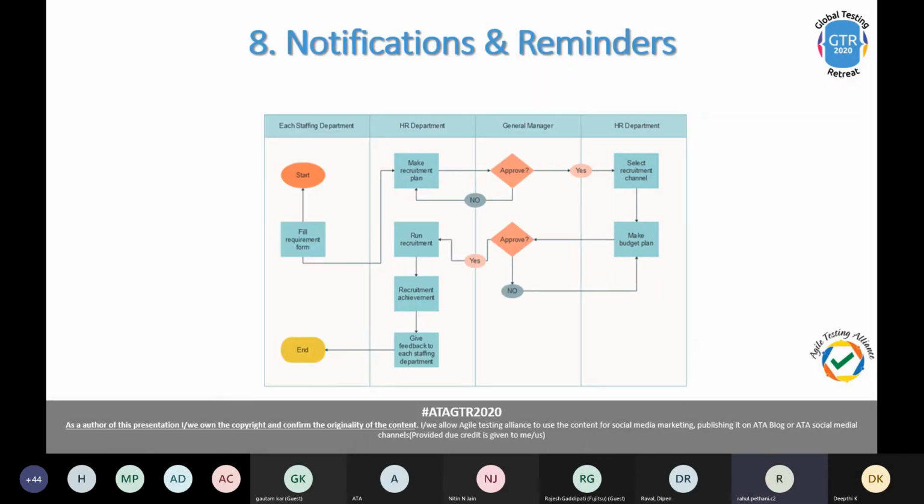Okay, notifications and reminders, they are the underdogs of any of the systems. They are very simple to understand. Notifications and reminders are mostly configurable in the new age systems, but at times the configuration may not be on, and the users may not be able to read what has been assigned to them. So either the email notification or the system notification should also work, with the proper information that they are supposed to convey to the end users.